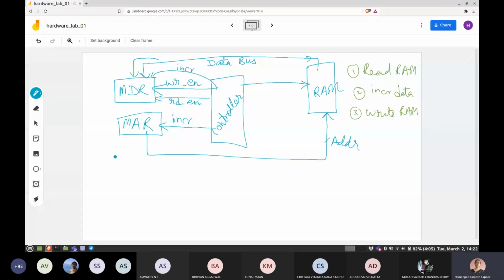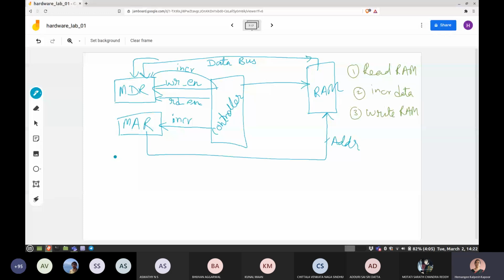Right. So you do the initialization in one step. Then in the next state, you send a reading signal to the RAM. Address is already there. Send a read signal to RAM. The data would come on the data bus, and then you have to send a write signal to MDR, where MDR just copies that data from the bus. So this is step 1 done. Read RAM is completed. So this happens in another state of the ASM chart.